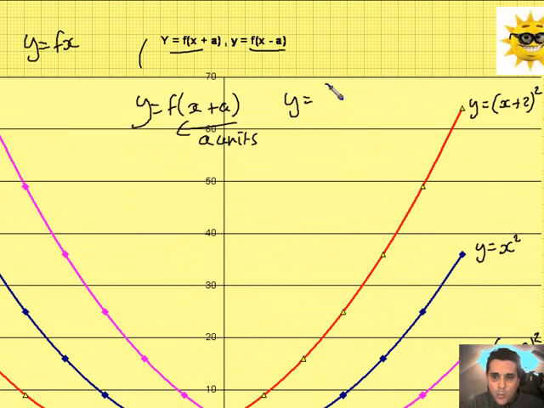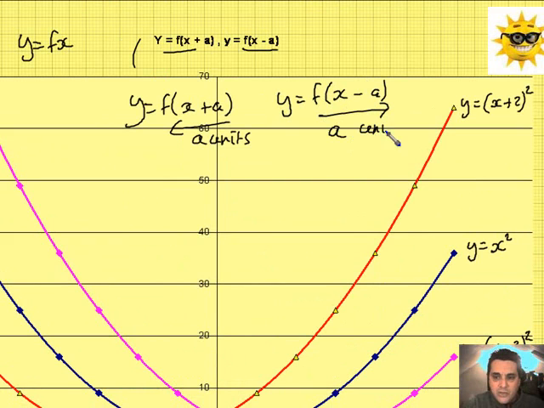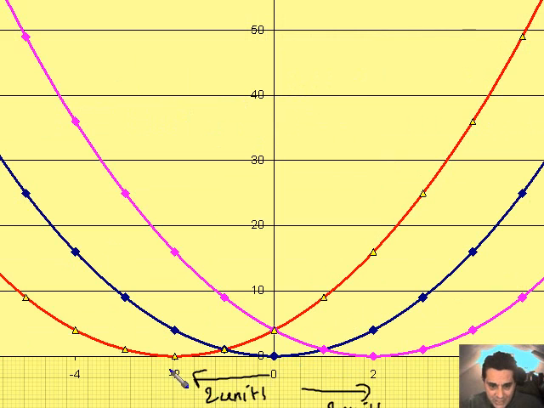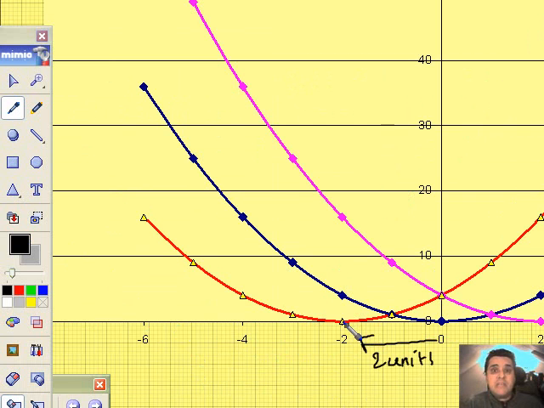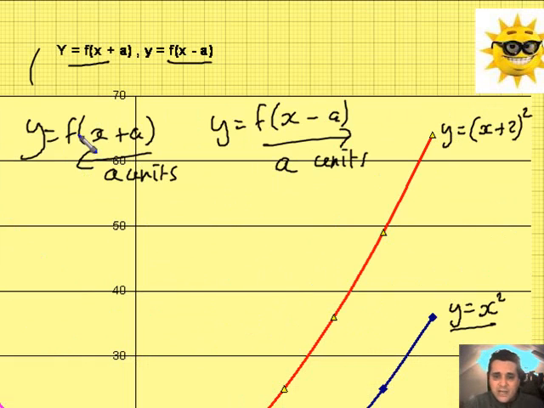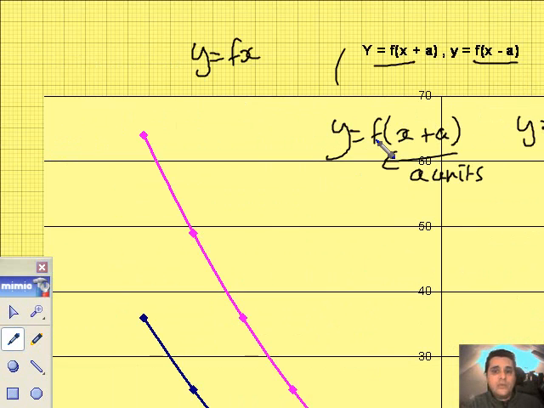Similarly with this one here, y equals function bracket x minus a, it moves the whole graph to the right by a units. In terms of real numbers and real equations and real graphs, this one here, x plus 2, doesn't move it to the right 2 units, it actually moves to the left by 2 units. As you can see by the coordinates minus 2, 0, look, moves left 2 units compared to the original y equals x squared. So what can we say then? When we have the transformation y equals f bracket x plus a, it moves to the left a units, and as a vector we want to go